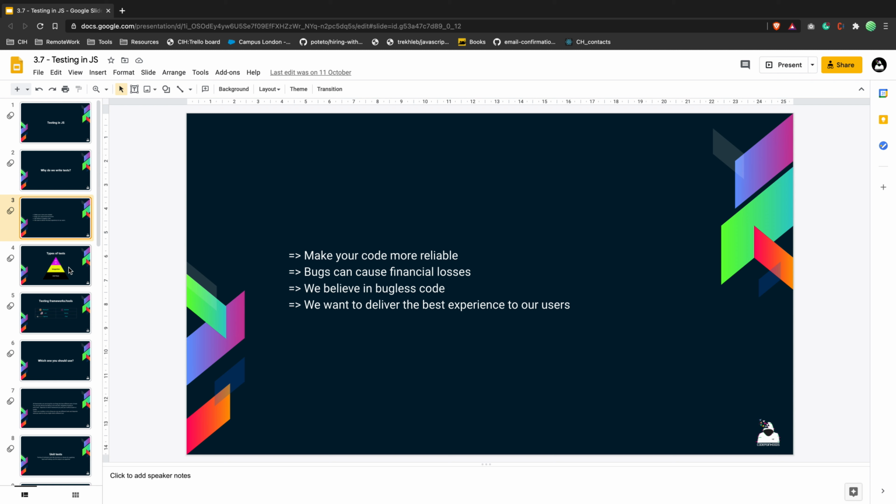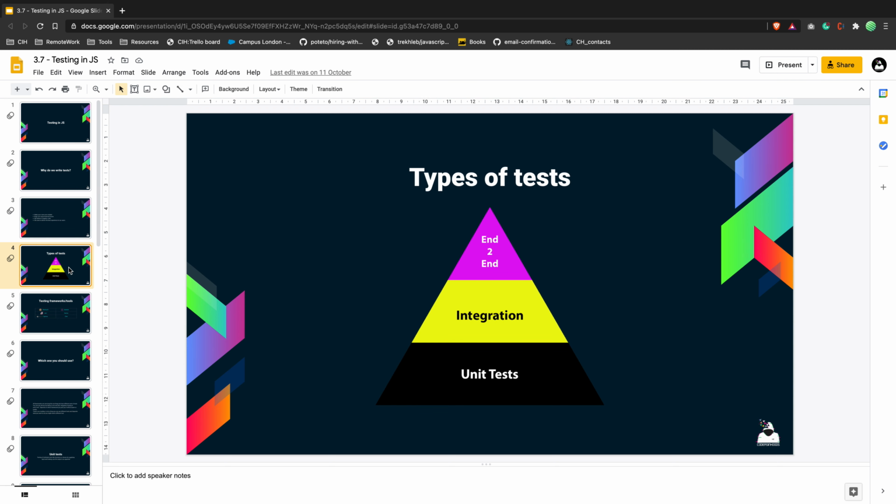We have quite a few ways to test our code, and a few systems. So this is a very generic and very popular testing pyramid, because the lowest level of testing is unit tests. With unit tests, you're basically testing every single function.